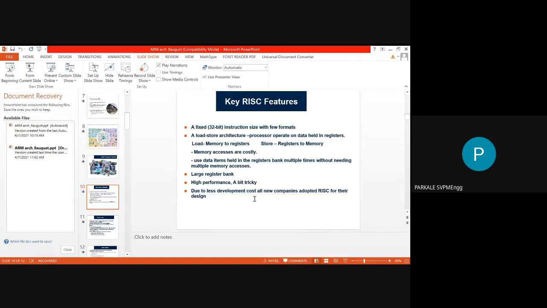Then we will start the ARM architecture. In ARM architecture, first of all, we will see some of the key features of the ARM processor, meaning what are the important features of the ARM processor. The first important feature is a fixed instruction size. That means ARM families work on 32-bit instructions. If I have to add 2 numbers by using ARM7, these 2 numbers are 32-bit.